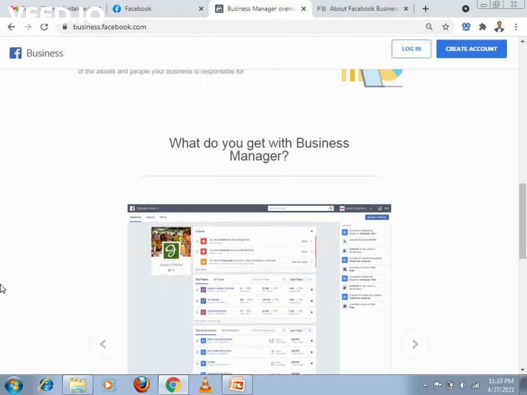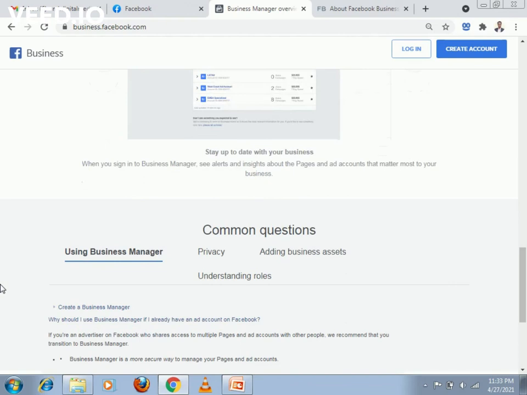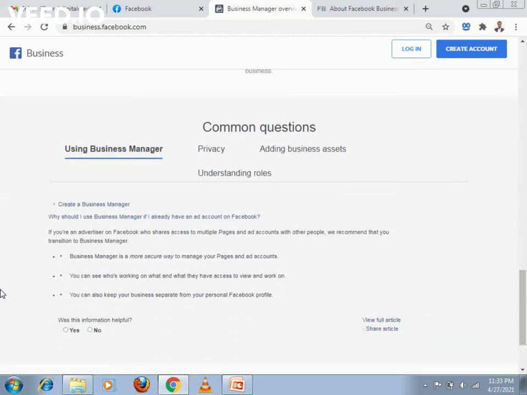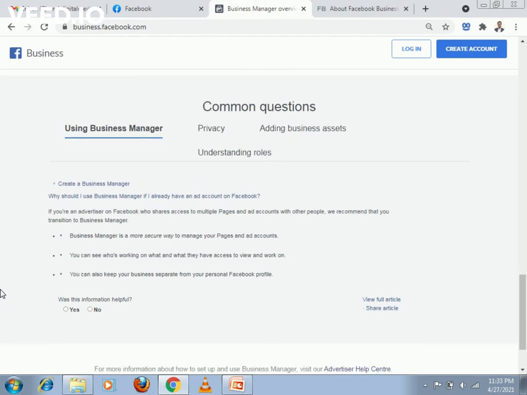So what do you get with Business Manager? You can stay up to date with your business. When you sign into Business Manager, you can see insights about the pages and ad accounts that matter most to your business. Professionally, if you want to work in this field, the recommended thing is to create a Business Manager account.